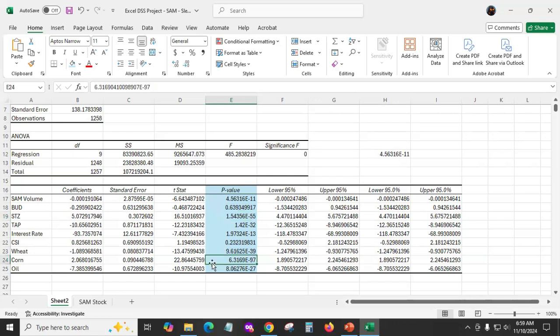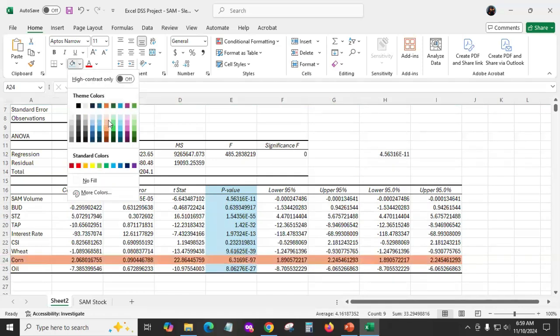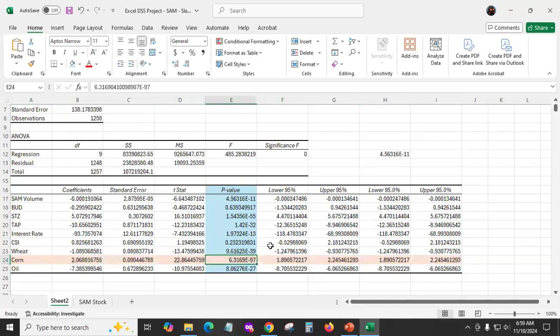So the most significant one here is corn. All right, so I'm going to highlight corn. I'm going to highlight this in, I'll do an orange here because it's E negative 97. So there are 97 zeros before you see the 6.31 or the 63169. Another big one would be